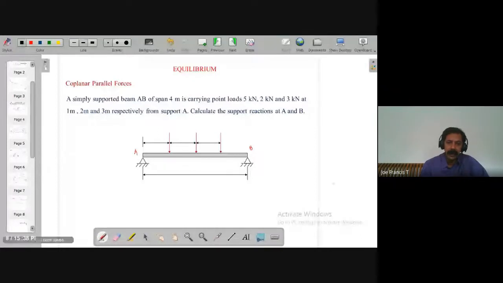Span is 4 meter, like so. This is 4 meter. Total length of the rod is 4 meter. Now there are point loads of 5 kilonewton, 2 kilonewton and 3 kilonewton acting at 1 meter, at 2 meter